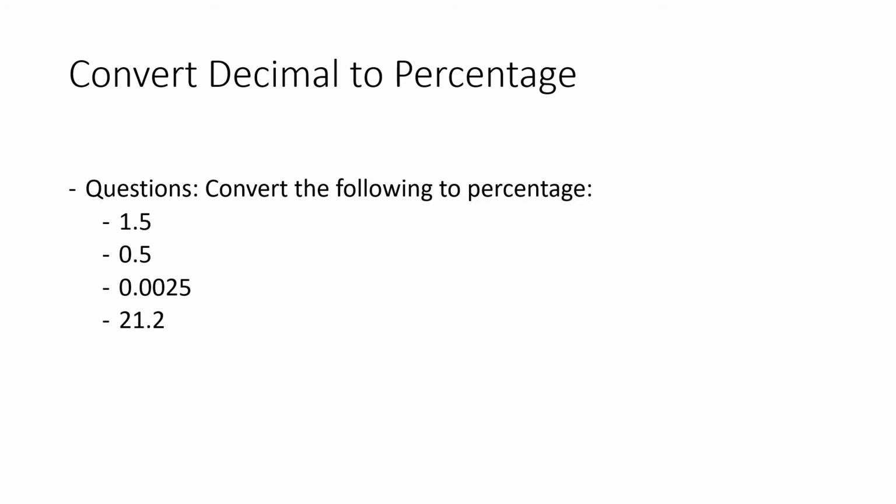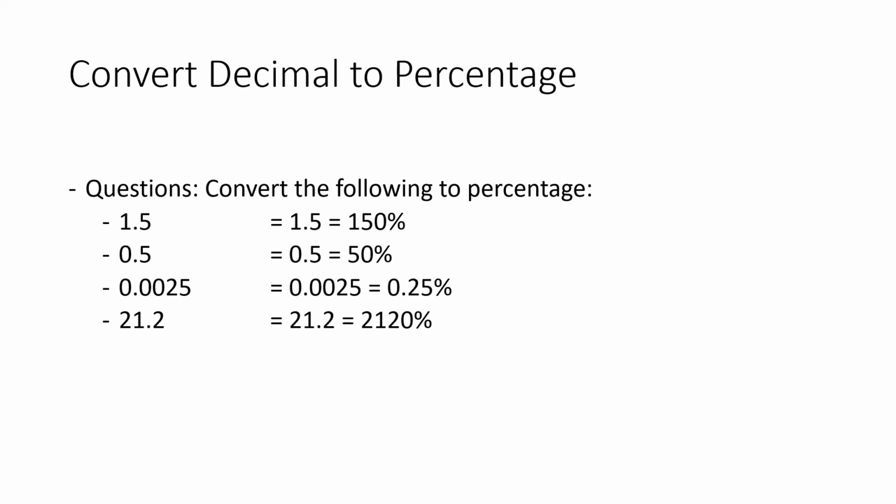Okay, we'll do some questions. Convert the following to percentage. We've got 1.5, 0.5, 0.0025, and 21.2. After we convert these decimal numbers to percentage, these are the answers we get. 1.5 becomes 150%, 0.5 becomes 50%,